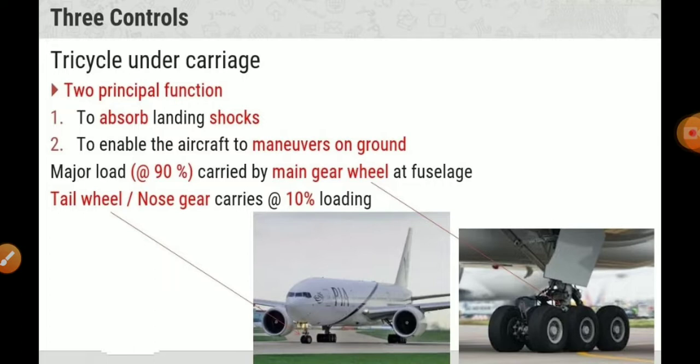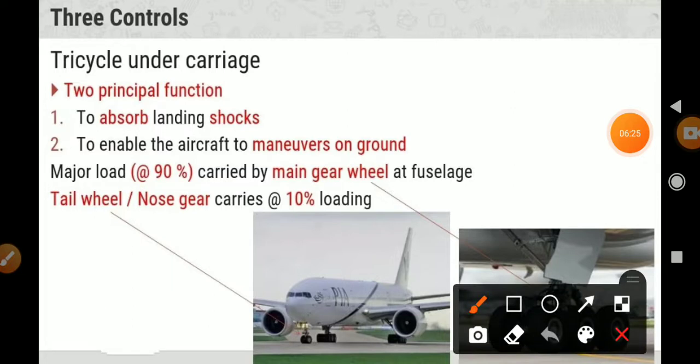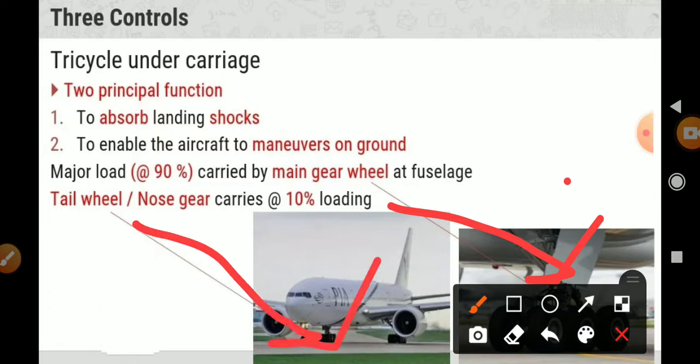And the major load, about 90% of the load, is carried by the main gear wheel. Here you can see the main gear wheel, and the nose gear is this one.